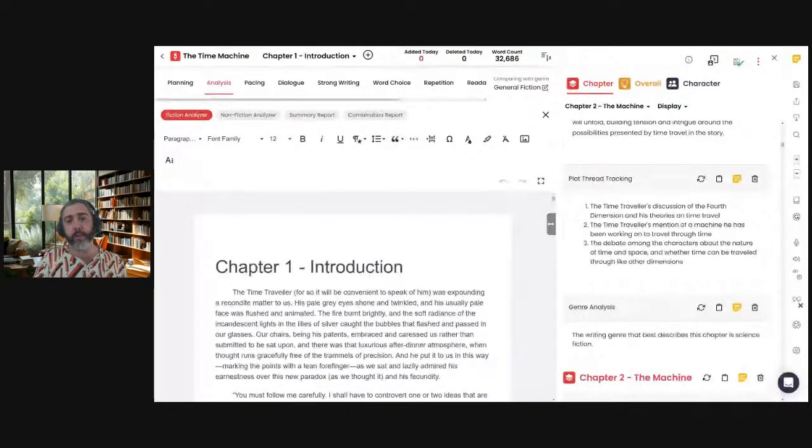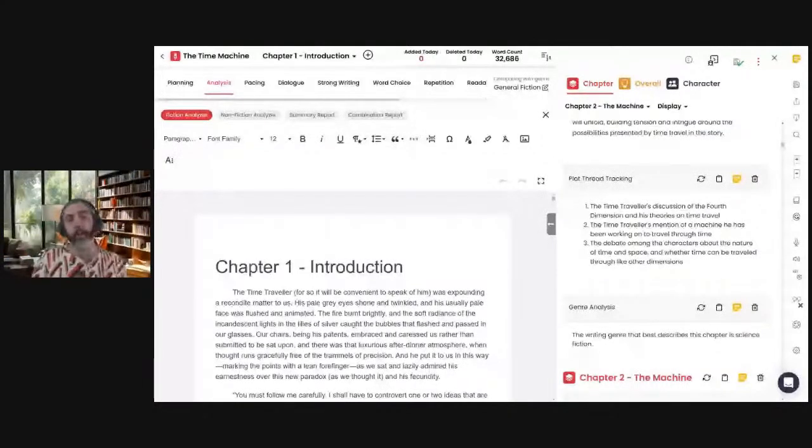The last piece, which is really helpful, is the genre analysis. In the genre analysis, what you get to see is what it surmises the genre is based on the material. So again, it doesn't actually know from you what you would do.